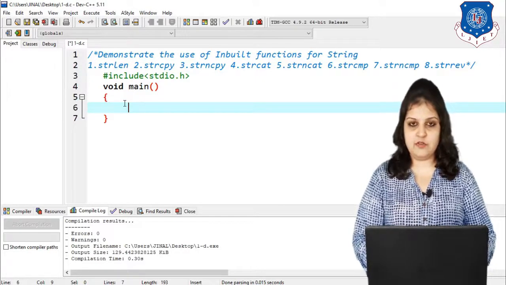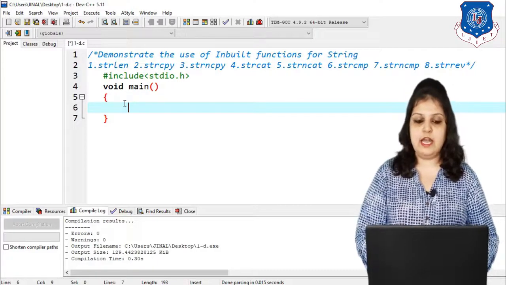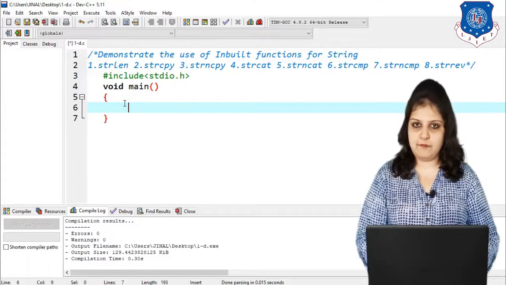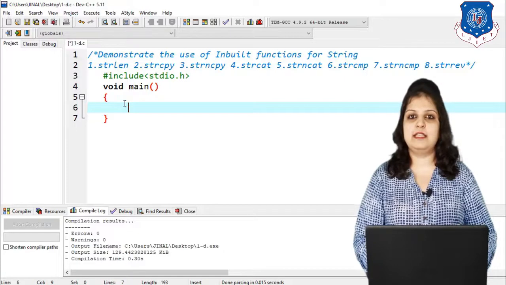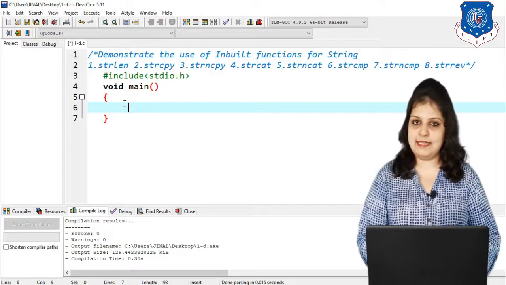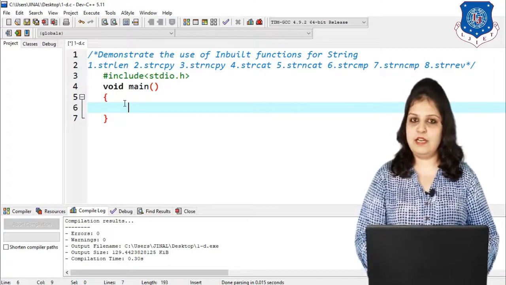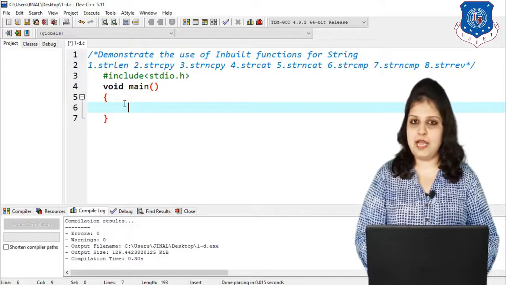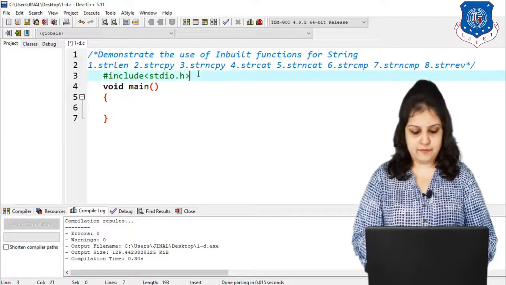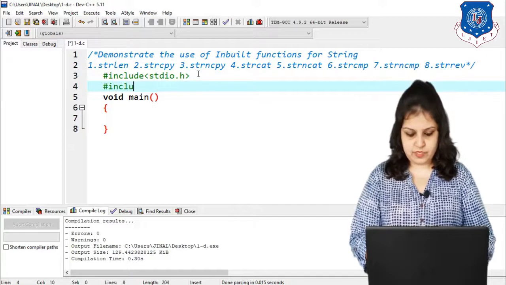So in the definition you can see on the screen, demonstrate the use of inbuilt functions for string, and the functions are strlen, strcpy, strncpy, strcat, strncat, strcmp, strncmp, and last is strrev. So let's start with the very first function, strlen, and for using this function include the library #include string.h.